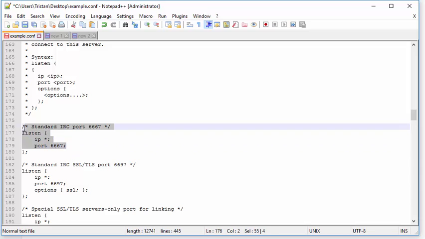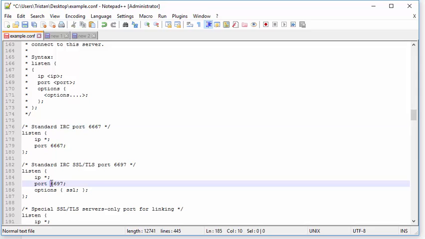So, the standard IRC port. If you're running a server locally, there is a video that I do have. I'll link it down below of how to port forward. But if you're going to run it on the default port 6667, then make sure your ports are open. If you are running on an SSL encryption, make sure that you have that SSL configuration installed and whatnot, and